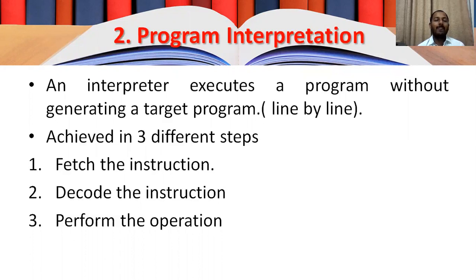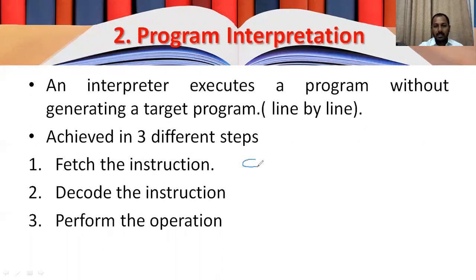So how is it achieved? You have gone through the subject named microprocessor, wherein you have seen the execution cycle. What are the steps in that execution cycle? Fetch the instruction, decode the instruction, and at last perform the operation. So these three steps are nothing but interpretation. So what is done in interpretation? First of all, an instruction is fetched. That means first of all, an instruction is read. After reading the instruction, decode the instruction, meaning finding the meaning from it. Once the meaning is clear, then perform the operation. Example, I'll tell you.